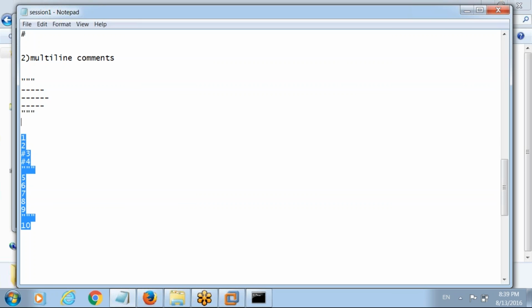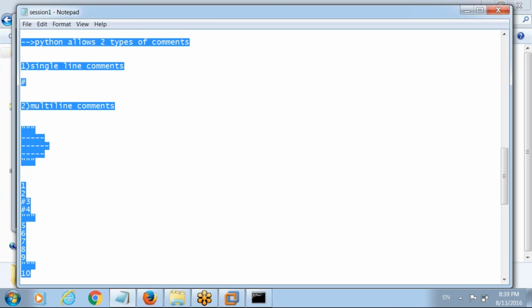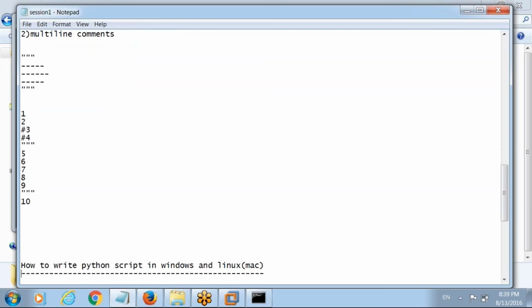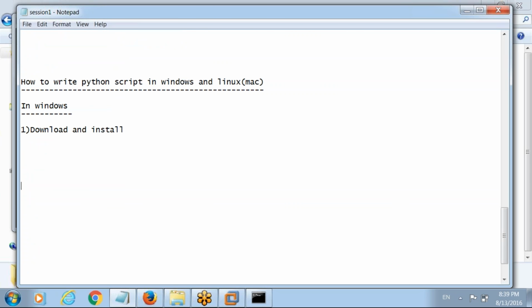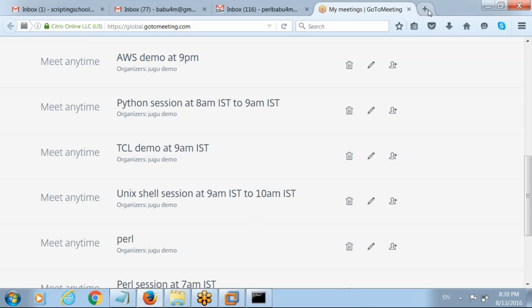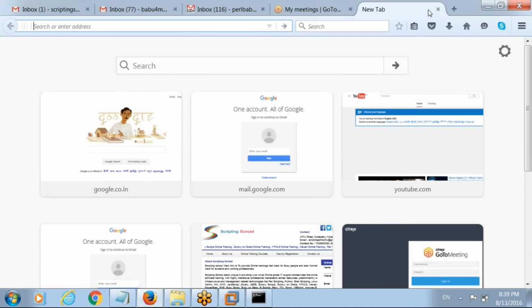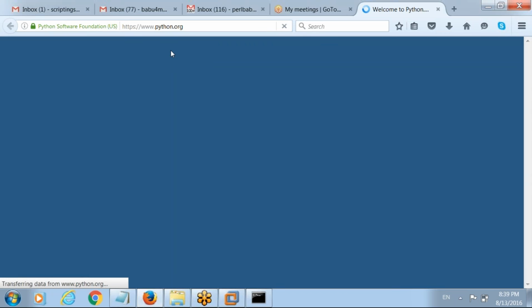So these three concepts you should always remember whenever you are writing a Python script. Okay. So now I told you that in Windows you should download and install. So how to do that? There are many different websites we can download it from. If you see python.org, it's the official web page for Python. For Python there are a lot of communities,